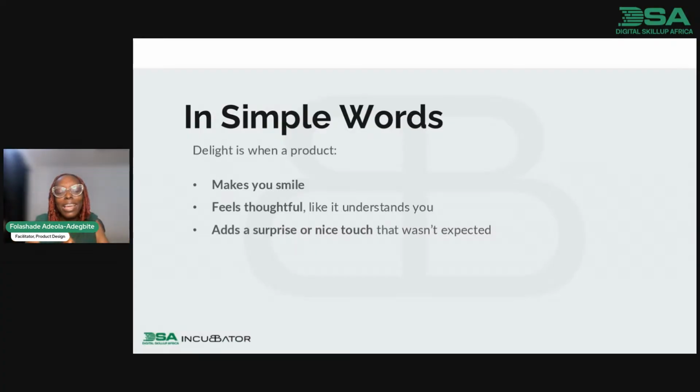Then you saw it was a personalized gift. Maybe you've been married for 3 years or so, but it's as if he has known you forever. He gave you something personalized and beautiful, and you thought, wow, this is thoughtful. This guy really understands me, right? Then imagine he added a surprise to it.